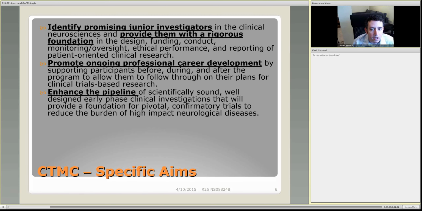While I'm not necessarily a fan of reading slides, I think it's worth going over these in a little bit of detail so that you understand the philosophy of our course and what we're trying to accomplish for you. Basically, the goal is to identify promising junior investigators, or not always necessarily junior, but at least new to the idea of clinical trials and conducting interventional clinical trials in the clinical